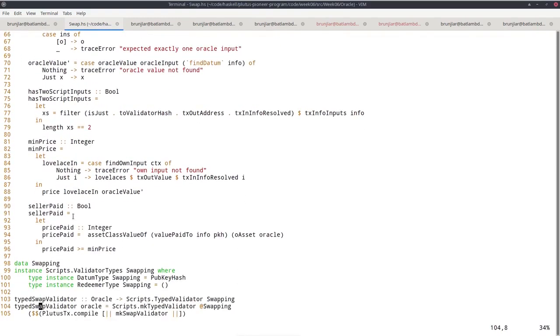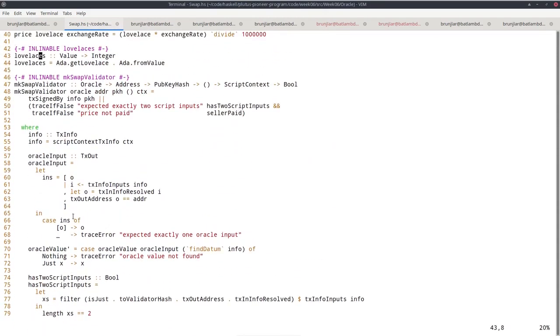The idea is that it takes two parameters. It's a contract with two parameters. The oracle we are using, that comes from this other module that we discussed before, which I'm importing here. And I'm importing another module that I call funds. We can look at that in a moment. And second parameter, the address. This will be the address of the oracle.